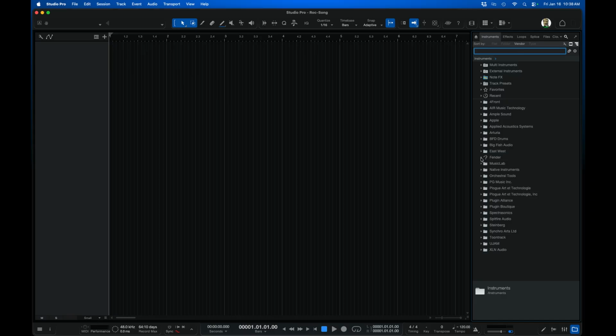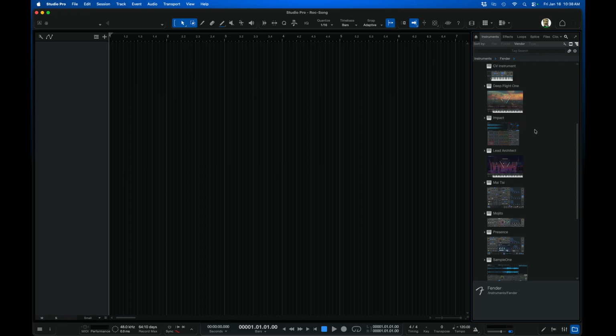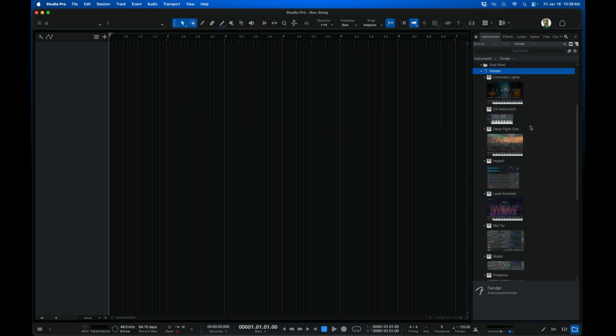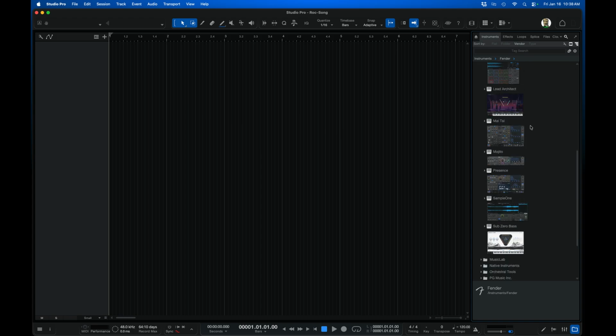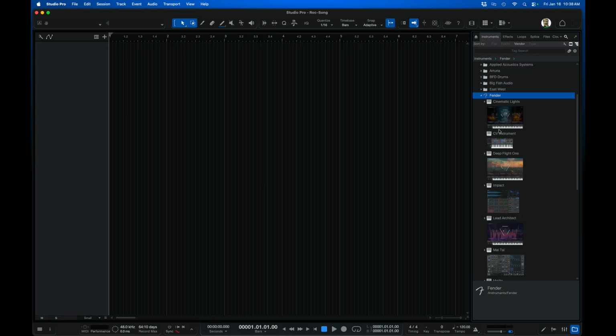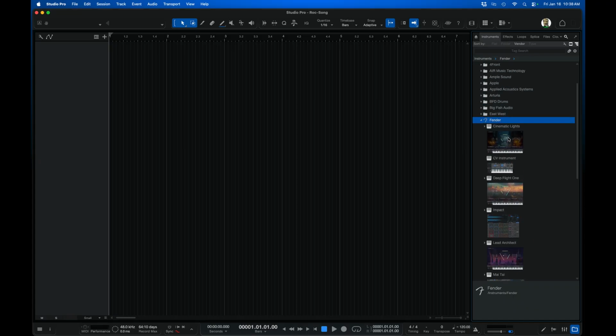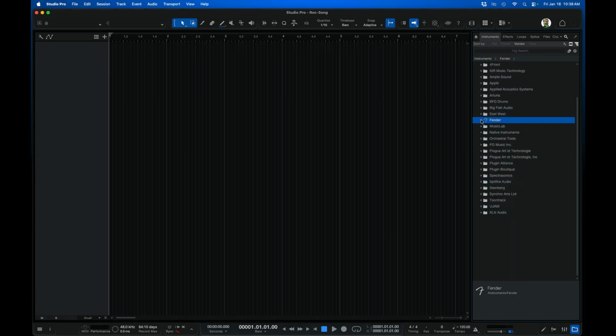So I've noticed that some of this stuff, I don't know if it's me, but some of it looks a little different. And you can scroll through your instruments, find out what you want. You might not want any of these, so just hit this little arrow here and close it up. You might just want,